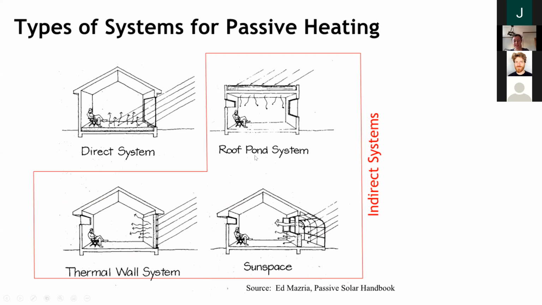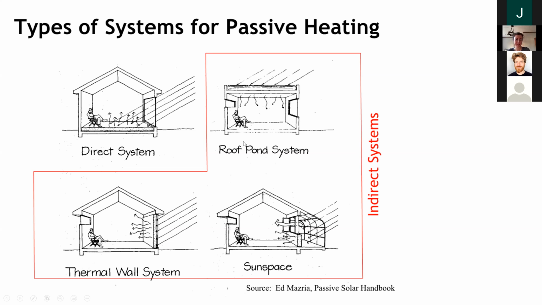So there are a few different types of passive heating systems. They're broken down into indirect versus direct. The direct system has the sun coming directly into the building and heating the interior. There's also a roof pond system where you have a layer of water on the roof, and that can heat the interior through the water acting as thermal mass and storing heat,